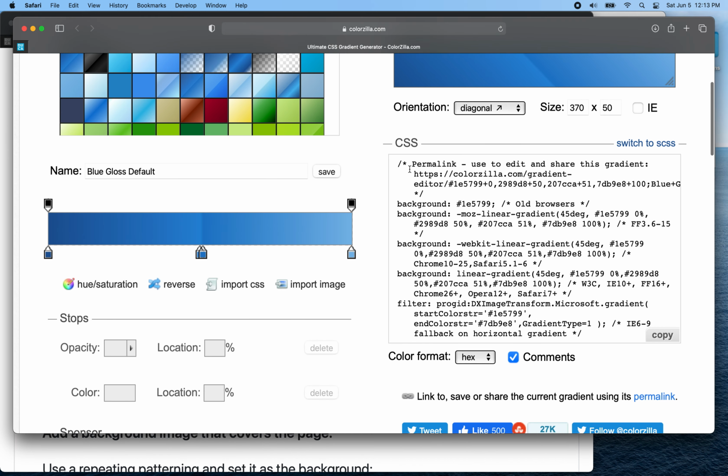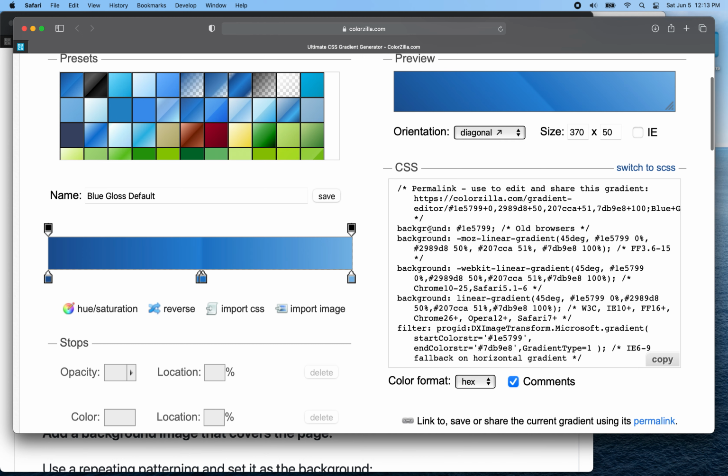And the CSS that they provide down here, you can just copy and paste that. It has a lot in it. You don't need all of this most of the time, okay? They're giving you a comment that has a permalink so you can come back here to your gradient. They're giving you a fallback color for older browsers, so browsers that don't support the gradient will use this line of code. If you're in an older browser that hasn't been updated and only supports an older version of the gradient property,